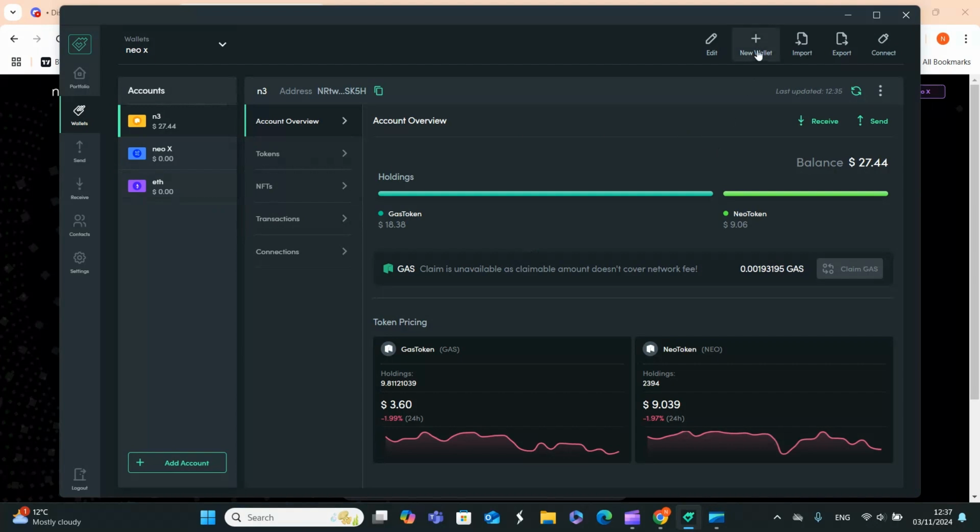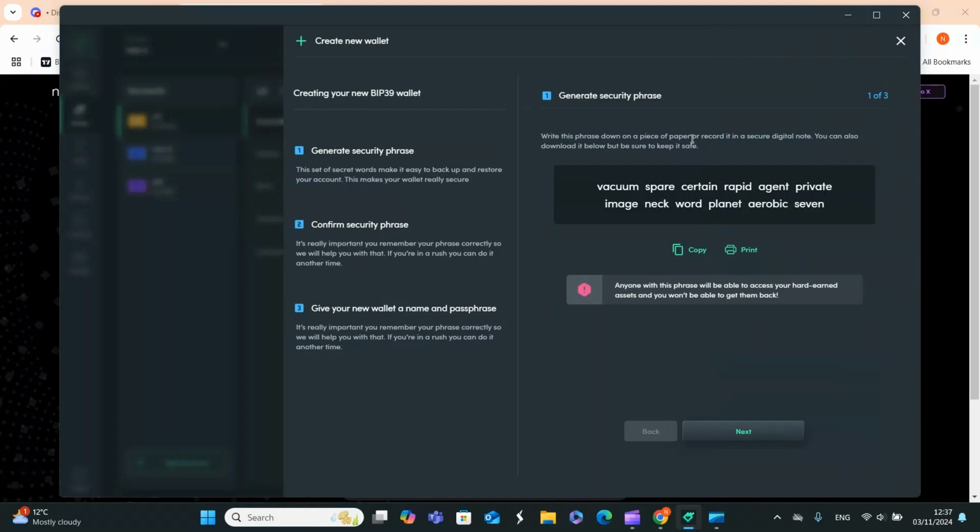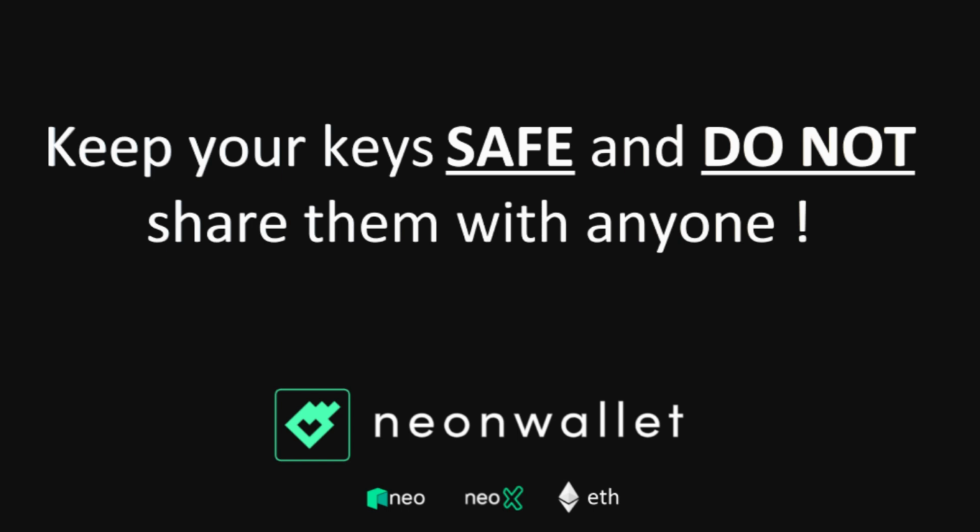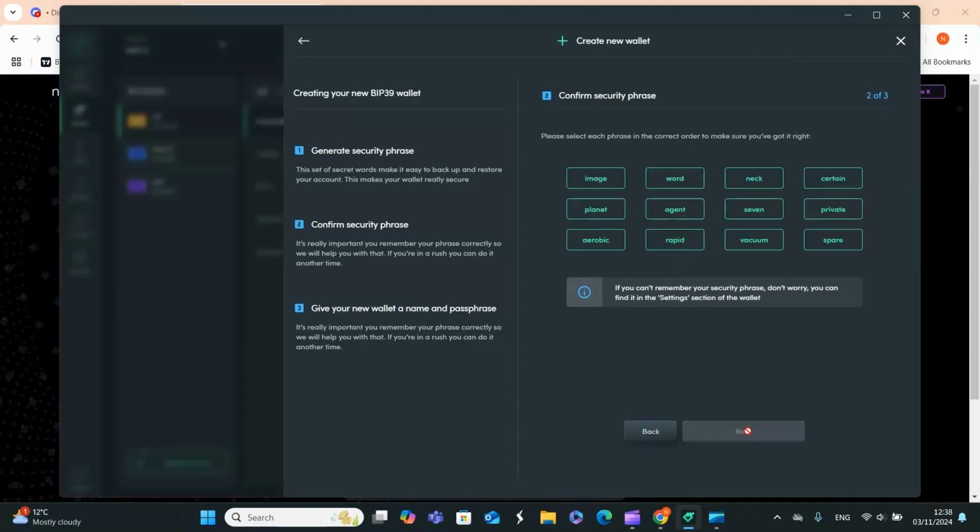All you're going to do is click on the top right hand corner, New Wallet. It's going to give you your keys. So I'm just going to take a photo, but you should really write this down and print them off and keep them safe. So let me just do that. Once you're happy and you have got them safe, you will need these at a later date if you need to recover your wallet. To make sure they are safe, once you've clicked that,